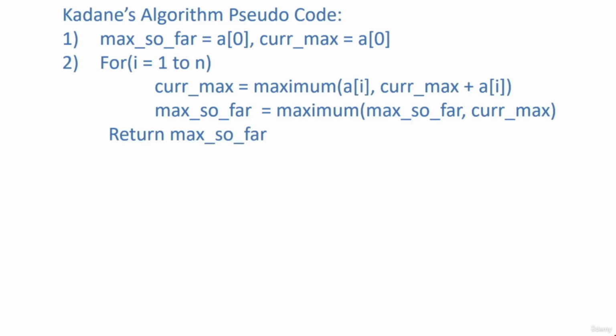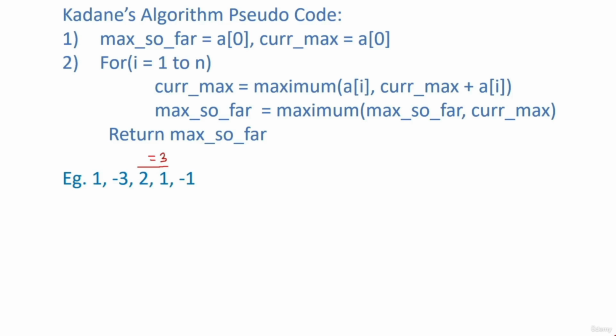Let's consider an example. Here we are given an array of 5 elements, and in this array if we observe, we can see that the elements 2 and 1 constitute a sum equal to 3, which is the maximum sum in this array. Now how can you find it? So if we apply